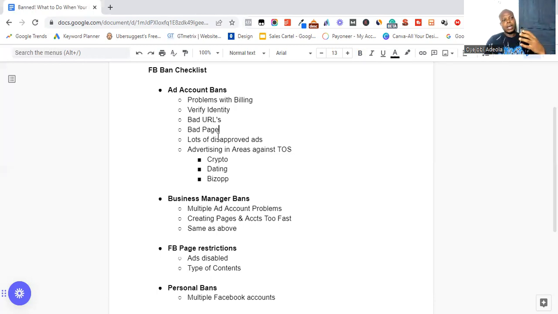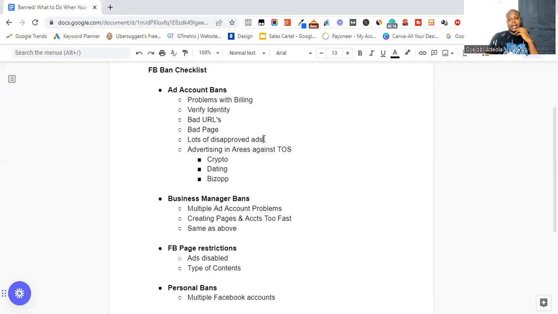When I was a blogger, if you didn't have all those important pages on your blog, Google wouldn't approve your blog for AdSense, if you know about AdSense. So those pages are very important. You should not have a lot of pop-ups and the likes. Facebook hates pop-ups because pop-ups actually affect users. Sometimes people hate pop-ups. Let's imagine you went to a website and what you are seeing is just pop-ups. People don't like that. And also, if you are getting a lot of disapprovals,